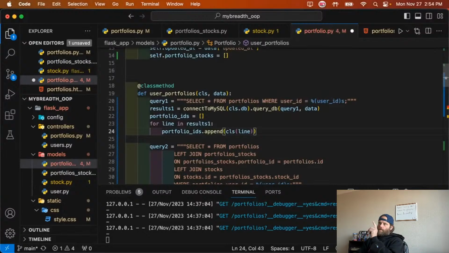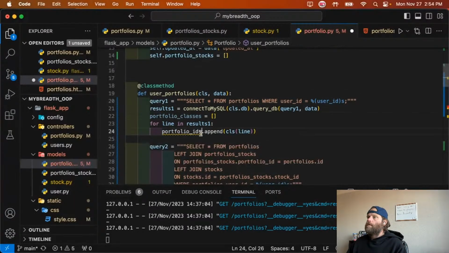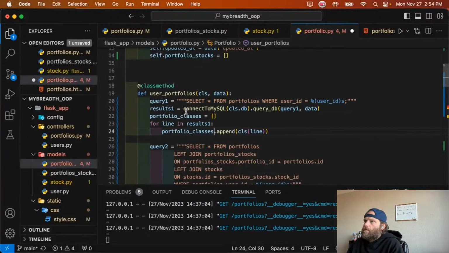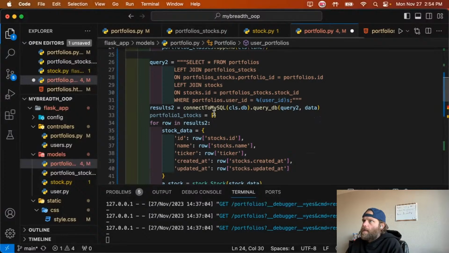So I now have, there's no longer portfolio IDs, just portfolio, say portfolio classes, I guess. I don't know. So this is giving me, let me just make sure, select star from portfolios where user ID equals that, blah, blah, blah. Portfolio classes for line in results one, portfolio classes append. Okay, so now I have all three classes and they're always in order. So now what I can say on this is when I go to get all the stock data,